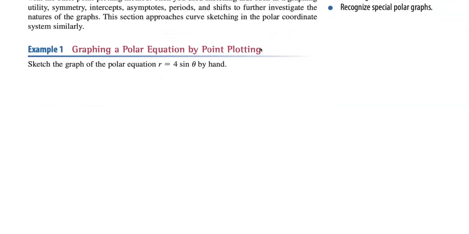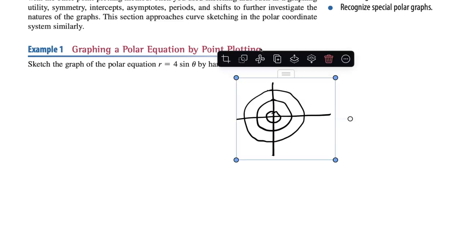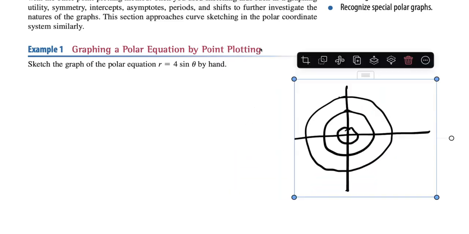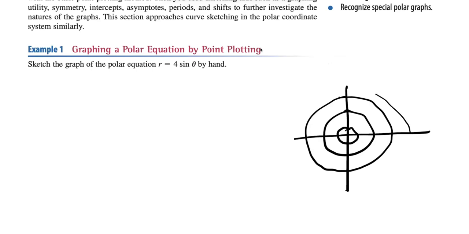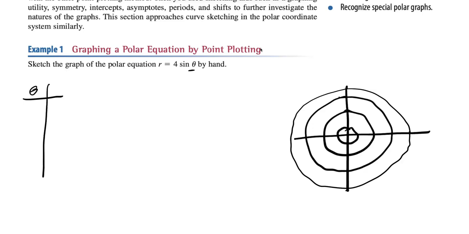At the very basic, plotting in polar is the same thing as plotting in rectangular. Let's get my polar graph up here. Probably need one more circle for this one, in the sense that you just make a table. So we're gonna make a table. Our x is kind of like our theta, so we're gonna make a theta, and we're gonna have our r. So we'll start with 0, and then we'll go, let's say pi over 4,